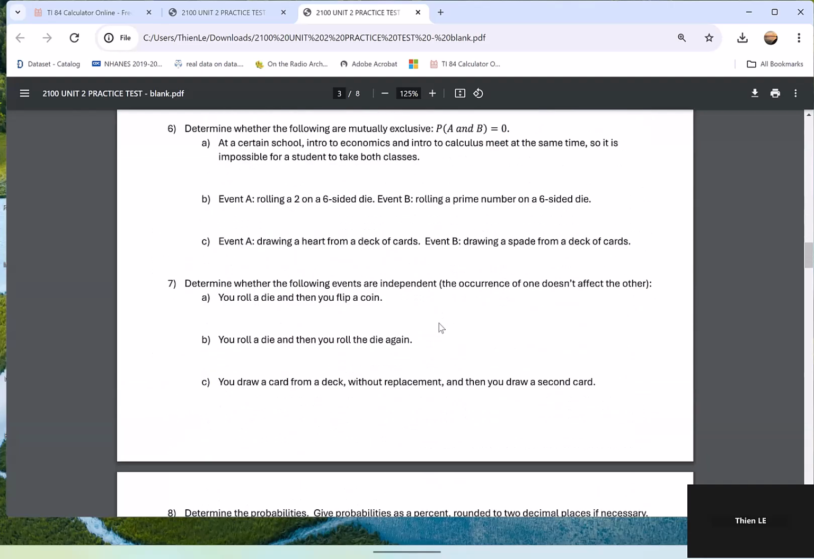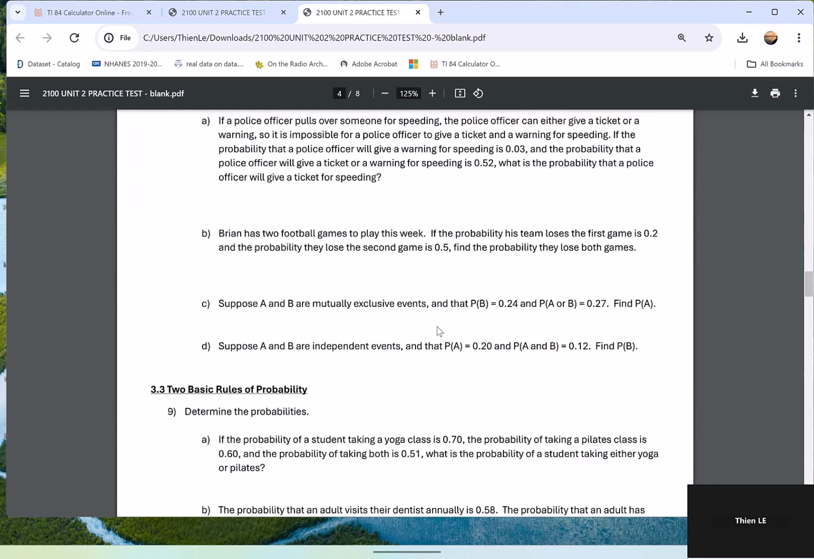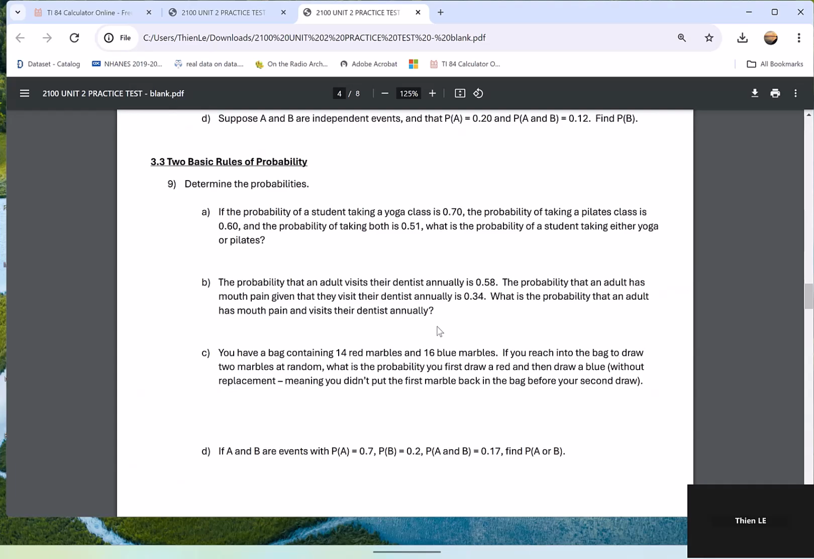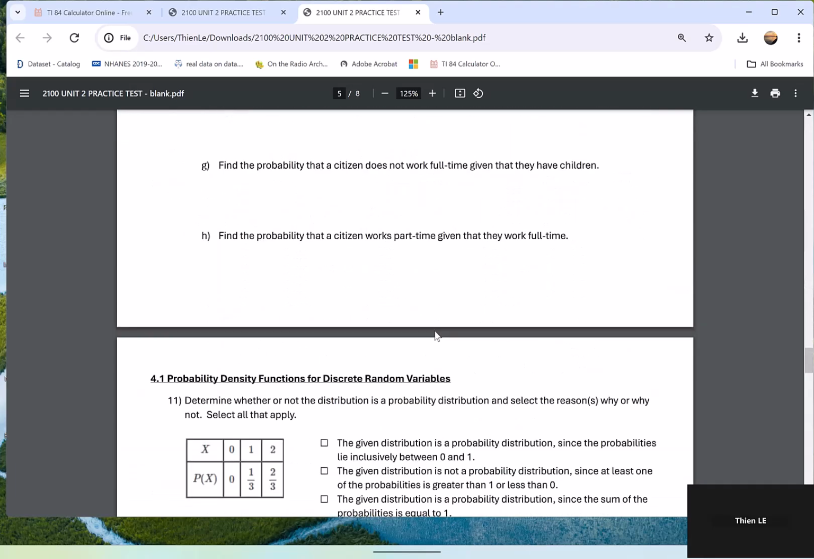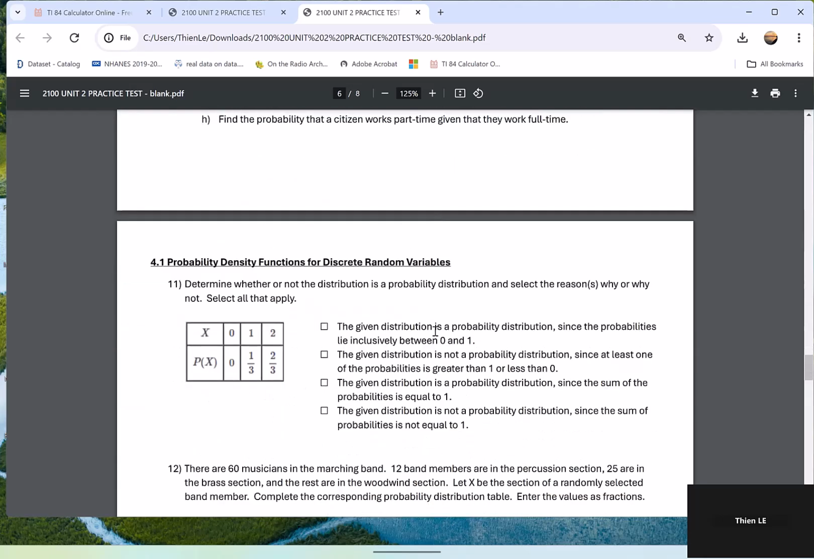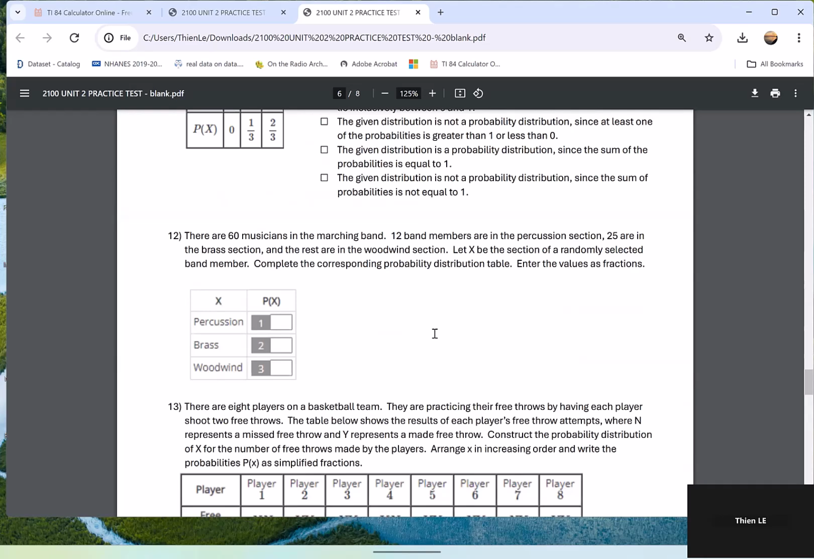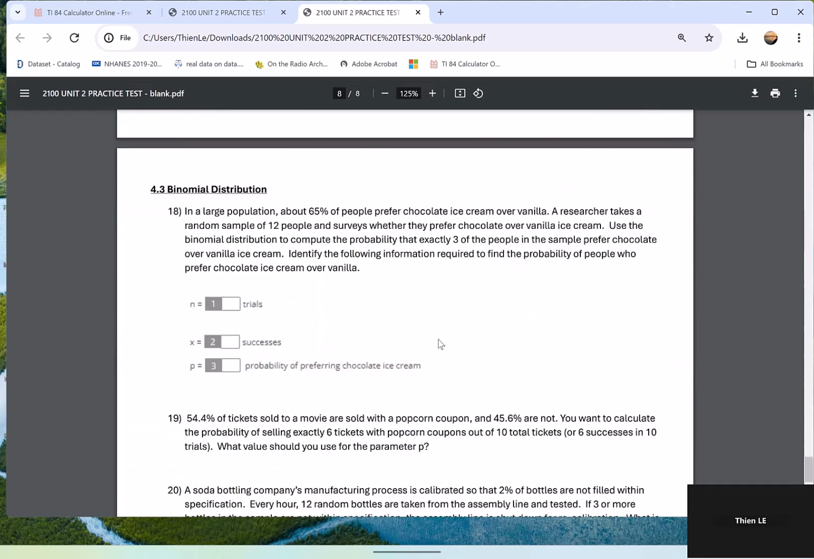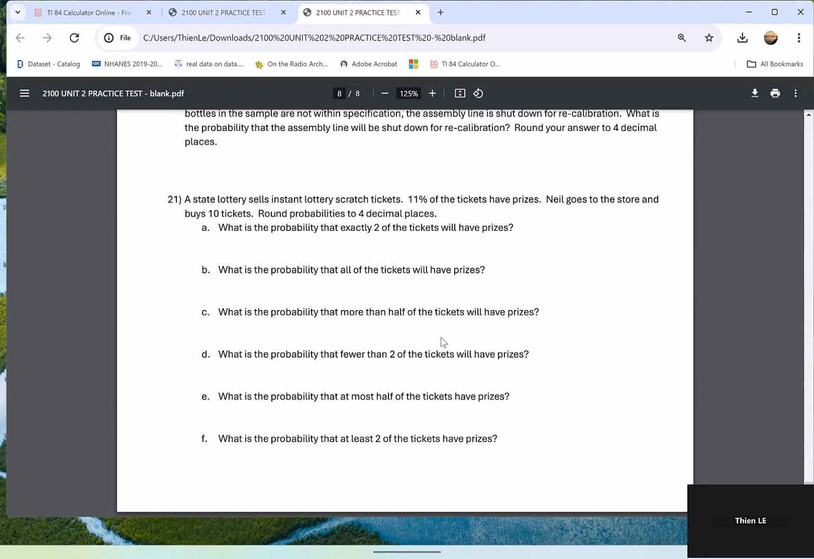So let me scroll down quickly. You can see the structure here. We have three basic probability rules. Then for one, we have the probability density functions of discrete random variables, and then for three we have the binomial distribution. Okay, so let us look at